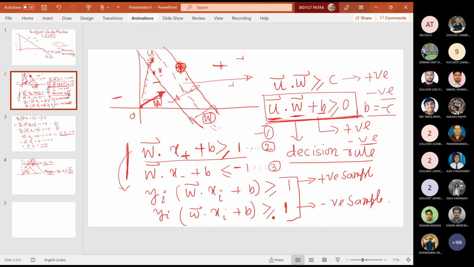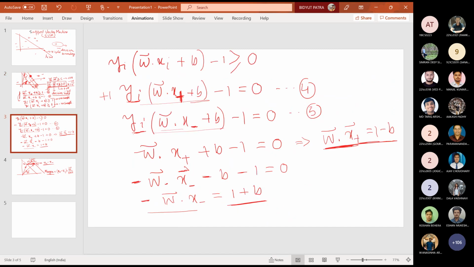Only you need to remember the key: this value of yi will be +1 for the positive sample and it will be -1 for the negative sample. So that is done here. So this is the equation here, and now what you do here. This was the in general equation for any sample. We don't consider either positive or negative. This will be true. Now once we put in the positive sample, this will be exactly the one value and this will be the negative value. We are not writing here.